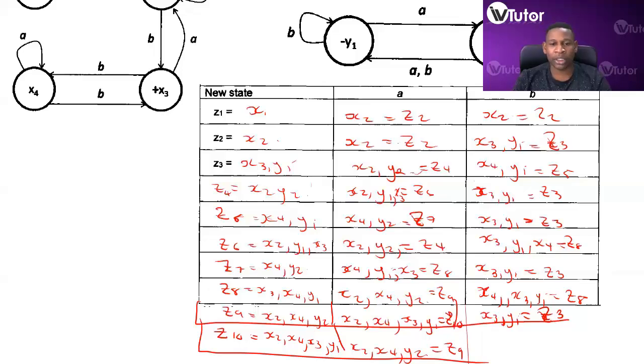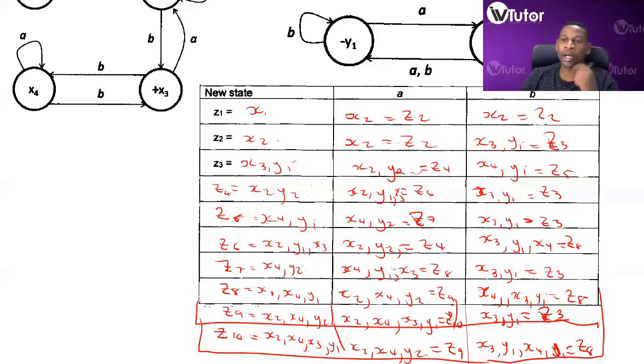And then we have X2 and you encounter B, you go to X3, Y1. If you're in X4 and you encounter B, you go to X3, Y1. If you're in X3 and you encounter B, you go to X4. And then if you are in Y1 and you encounter a B, you stay in Y1, which is already there. So X3, X4, Y1 is equivalent to Z8. So you go to Z8. And then no more new states are formed. Therefore, you can now